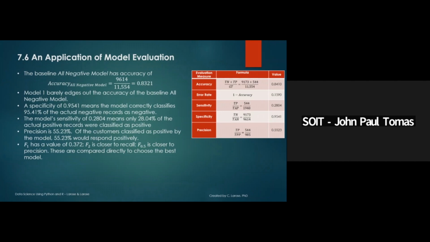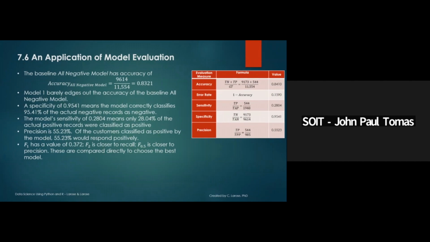Okay. So specificity, 0.95, which means the model correctly classifies 95% of the actual negative records as negative. Okay, so that is why it's 95%. And the model's sensitivity is about 28% of the actual positive records which were classified as positives. And then the precision is around 55%,